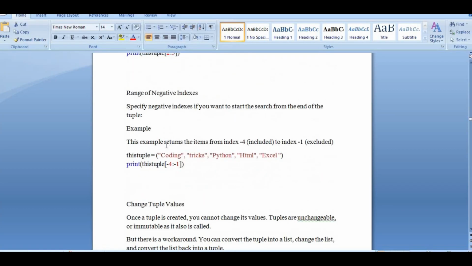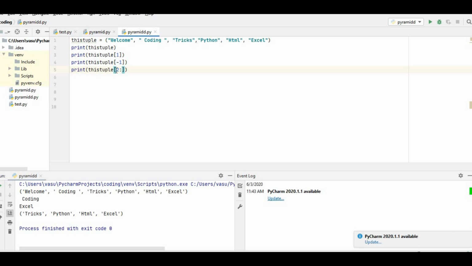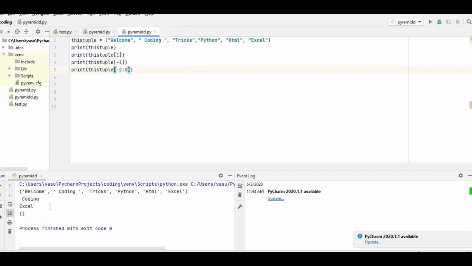And there is a range of negative indexing also. That means from -4 to -1 it will come. Let us try this. I will try -2 to -0, sorry. -2 to, okay, let me try with -3 to -2.